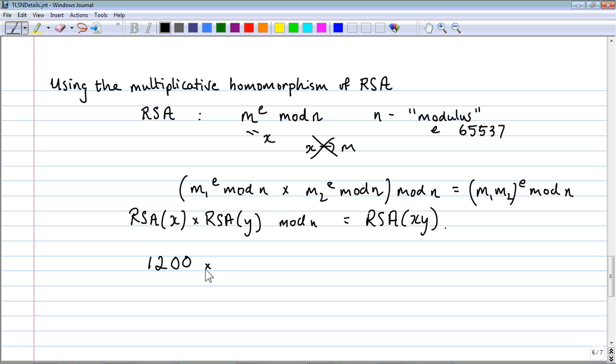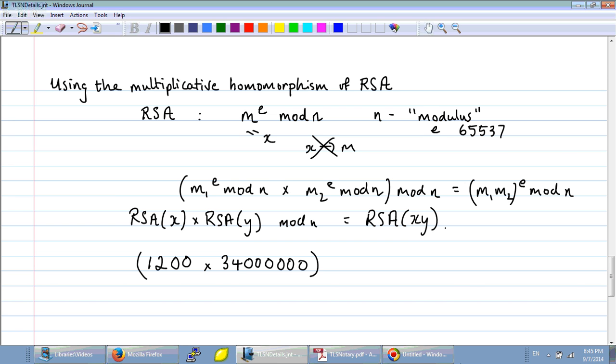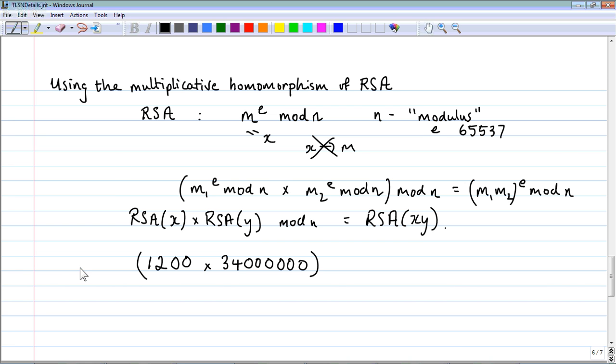1200 times, let's get this right, hang on, 3400 0000, yeah. So if we take something like that, now let me just give me a second to calculate that. Okay, sorry, I just remembered a rather basic and important error there. So the idea is not to put zeros, but to add 1. So if we just quickly edit that, so put a 1 on the end, and if you're wondering where I'm getting these zeros from, the idea is that is 4 digits. So if we put 4 digits there and 4 digits there, we get what we want,